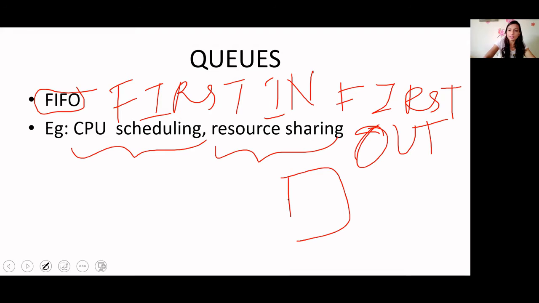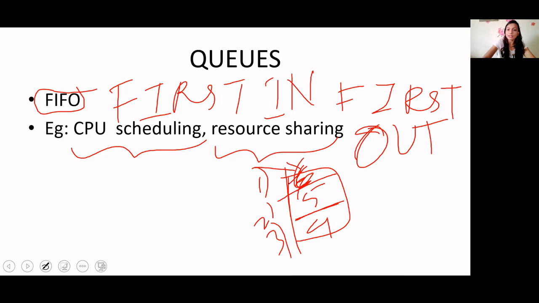So if I consider 4 values, and they are standing like this, maybe this is first, second, third. So who will get a chance first? This person will get a chance first, next this. So that is nothing but a queue. Okay. So it is controlled by 2 variables, that is front and back.